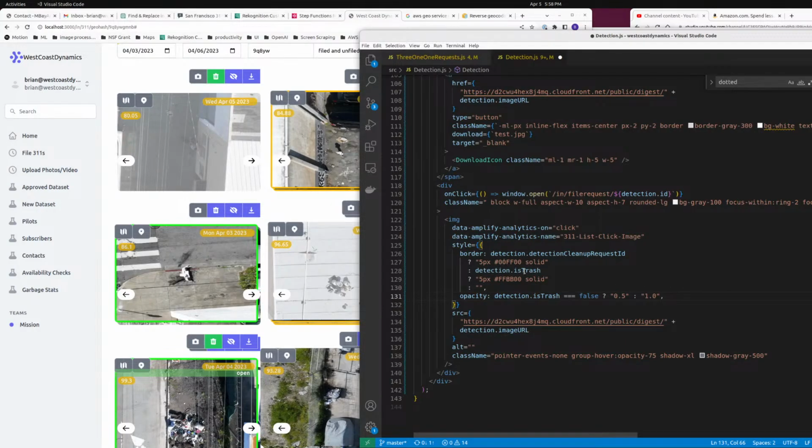So if there's a cleanup request ID, which means we did a cleanup, then you do this. If not, if it is trash, but else, then we want to actually get explicit and say, if the detection is false,